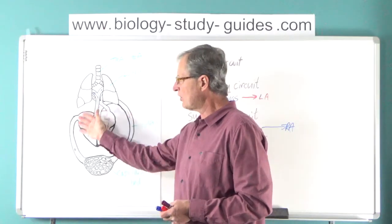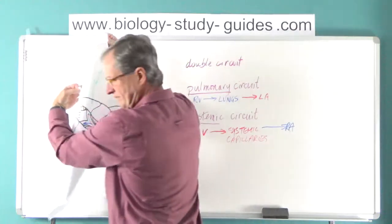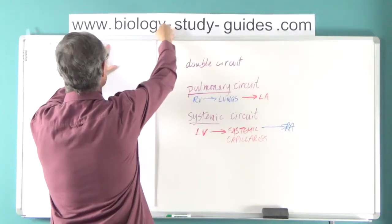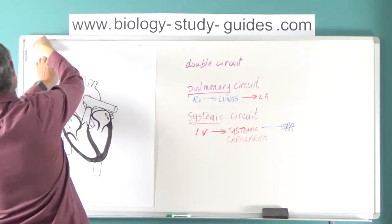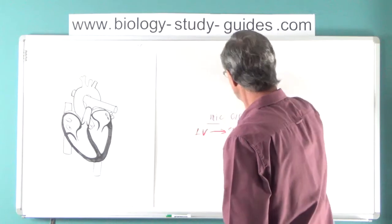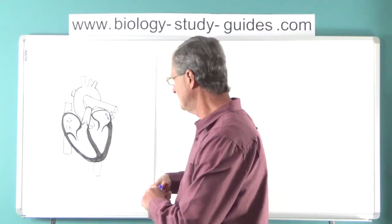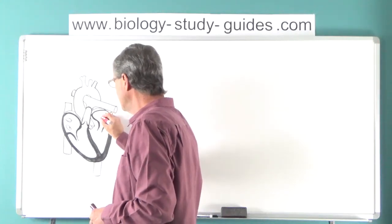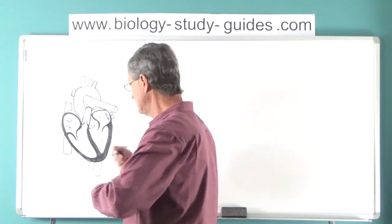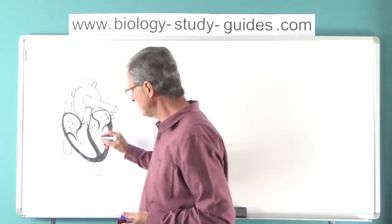We have to look more closely at the heart itself. So let me change pictures. Put this one up. And I'll draw your attention to these features. But first, let's go through the heart structures itself again. Just so you get oriented to this picture, we have the left atrium, left ventricle, right ventricle, right atrium. The pathway of blood through the heart from the right ventricle